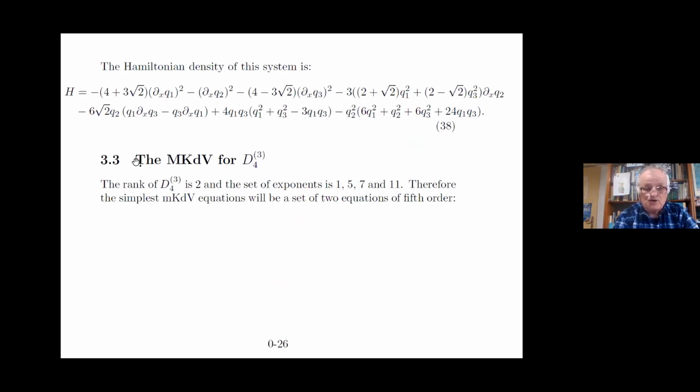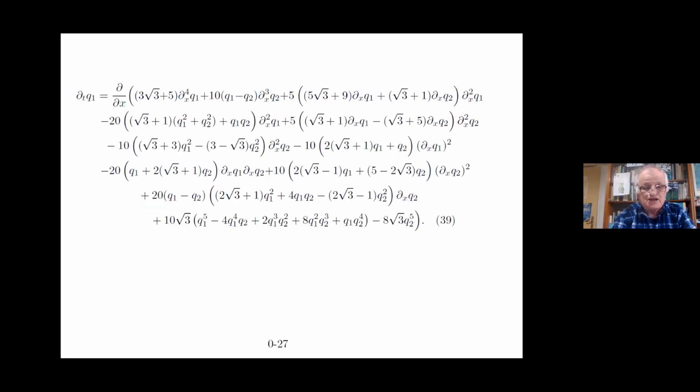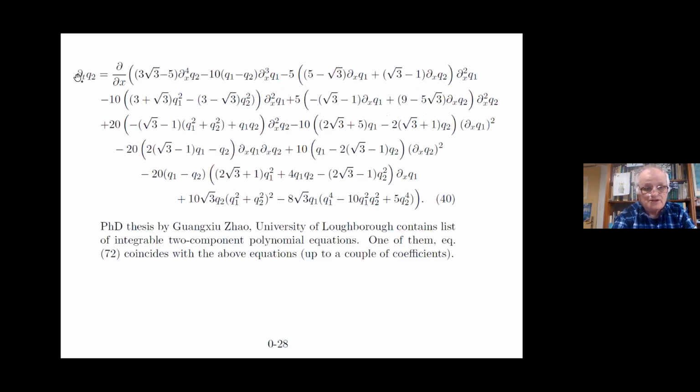Finally, when we go to D4^(3), we have to remember that now 3 is not an exponent. The lowest exponent is 5, and therefore what we get here is 2 equations, each of them of 5th order with respect to x. And you see they look rather complicated. This is the first equation, and this is the second equation. Here I have to mention that